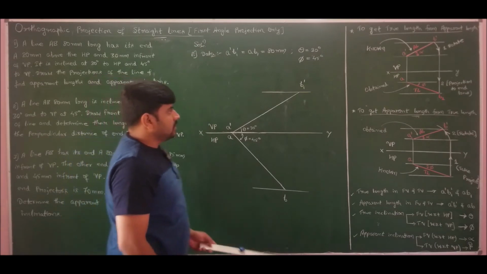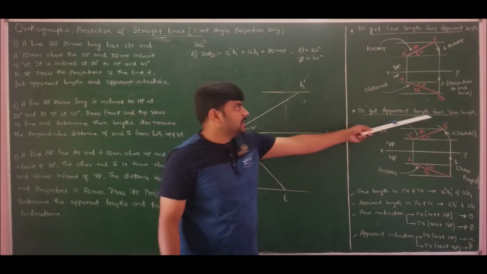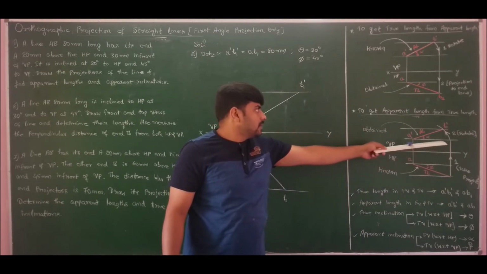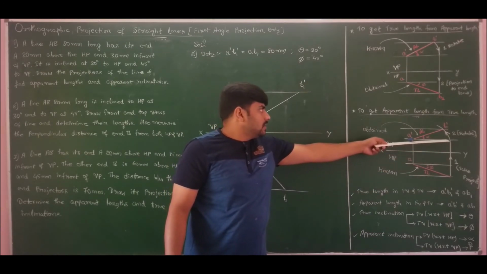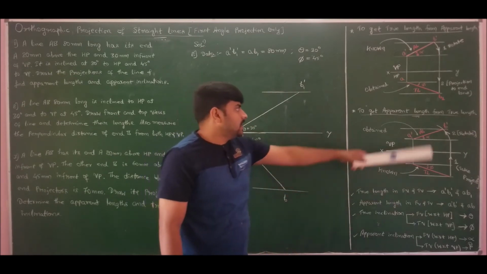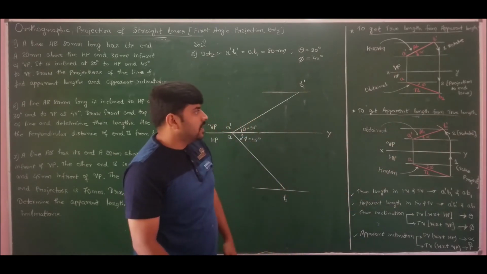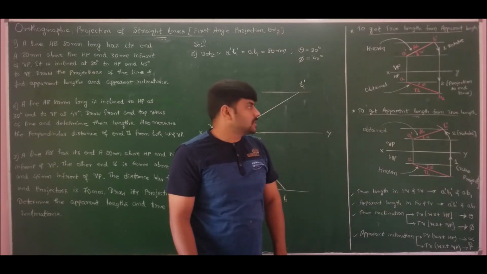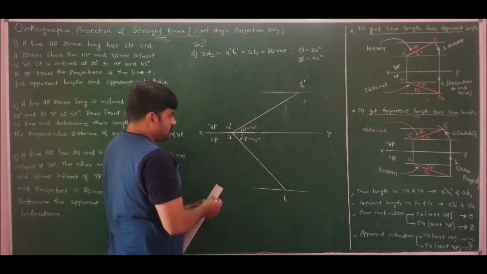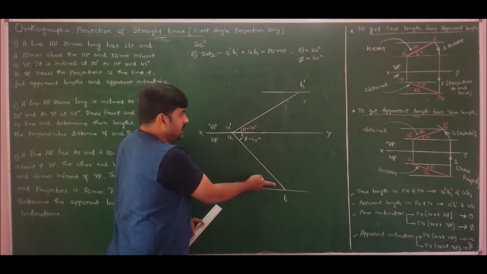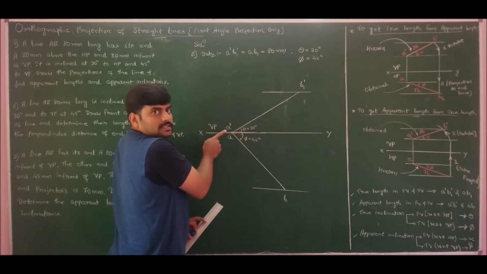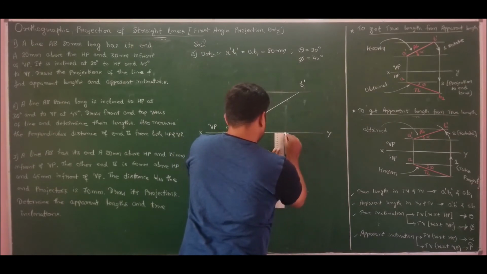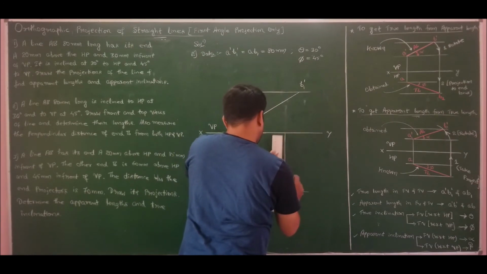We have true length. To get apparent length from true length, first we should draw perpendicular to the initial locus of the line and then rotate and shift the end of line to its original locus. So to do that, first I should draw perpendicular to the beginning locus of the line. Beginning locus of the line is A dash, so therefore I will draw the perpendicular from A to XY line, which is the locus of A dash for me.